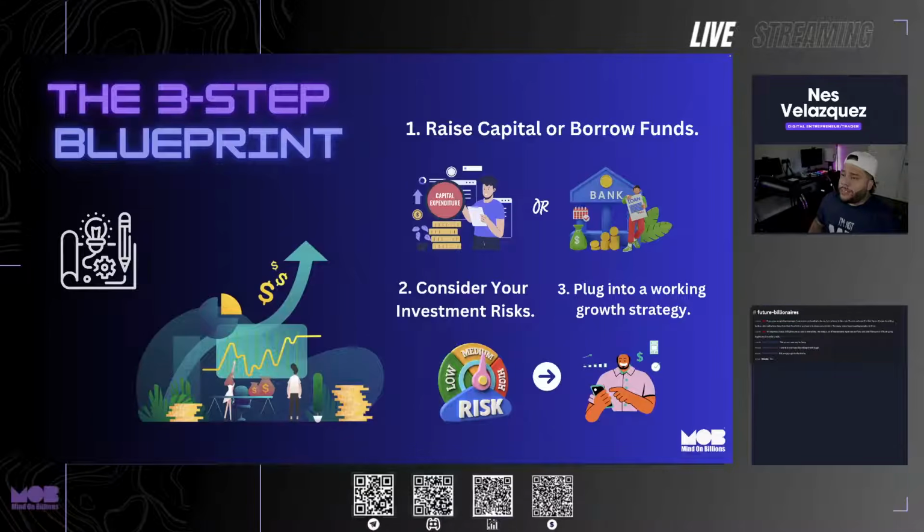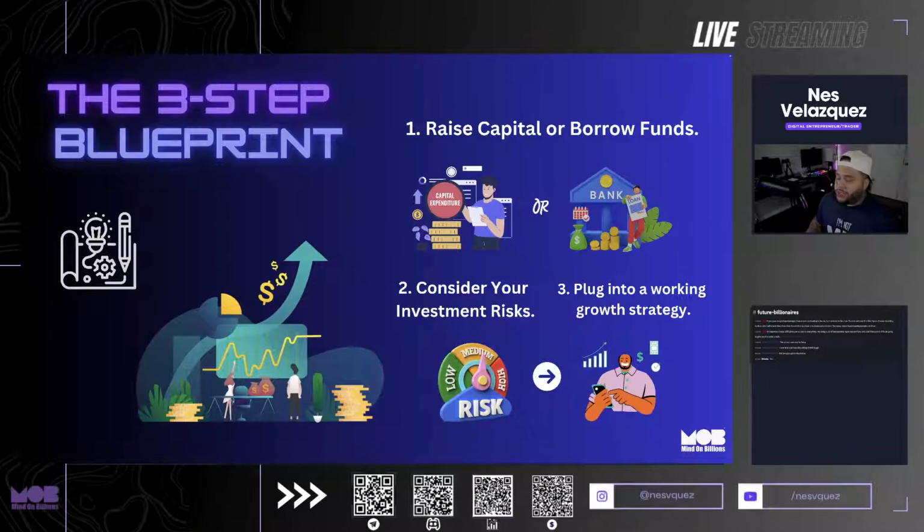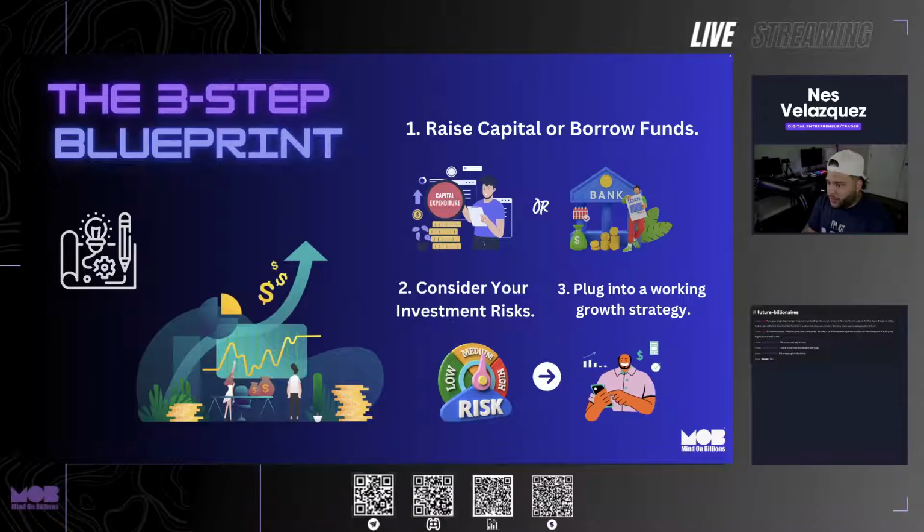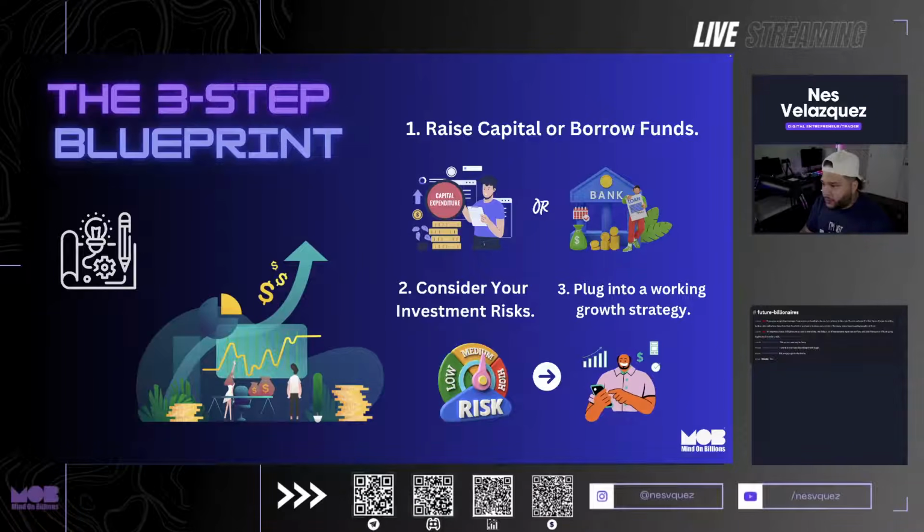Now, it's a 3-step blueprint, really. If we really break it all down in the most simple points, what do we see a lot of wealthy people do? A lot of wealthy traders that are really running stuff behind the scenes of Wall Street. They raise capital, through fundraisers or whatever, or they just get loans from the bank, personal loans. They leverage their good credit to pull out some loans, or they leverage their resources, their network, to eventually get them loans, whether it's direct loans or through the bank, whatever. You consider the investment risks. Trading is a risk. Everything is a risk. Love is a risk. Going outside is a risk. Business is a risk, right?